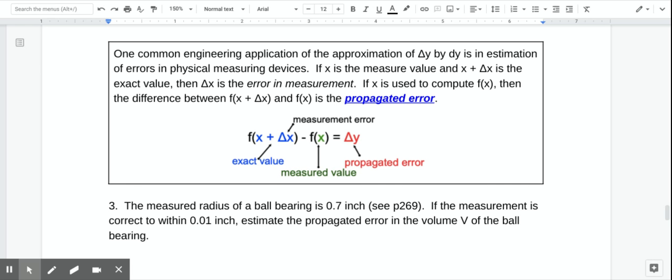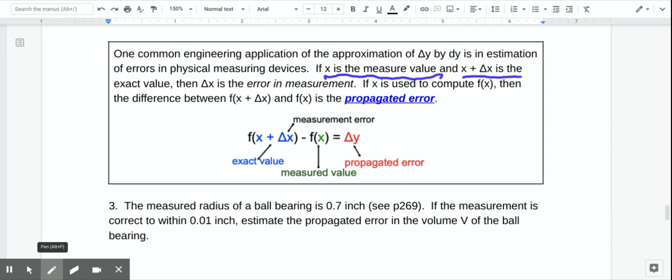So one common engineering application of differentials is approximating the errors with physical measuring devices. We know that our measuring devices aren't always entirely accurate. Your ruler or your scale might be slightly off. So if x is the measured value,